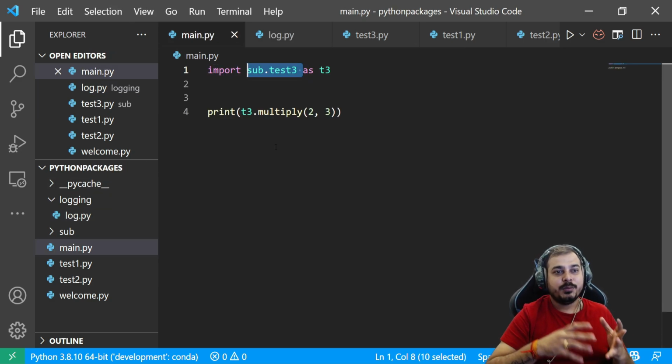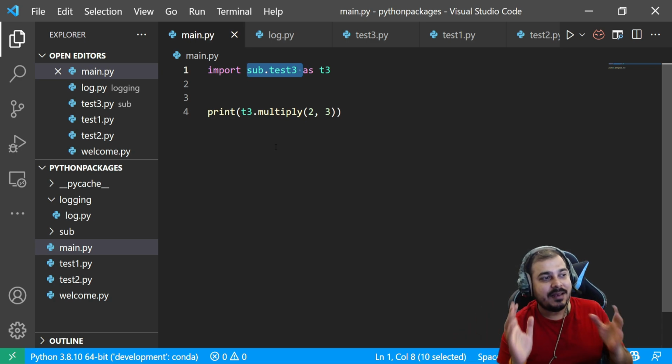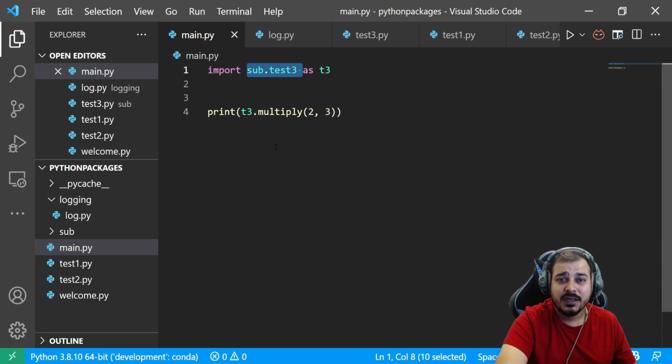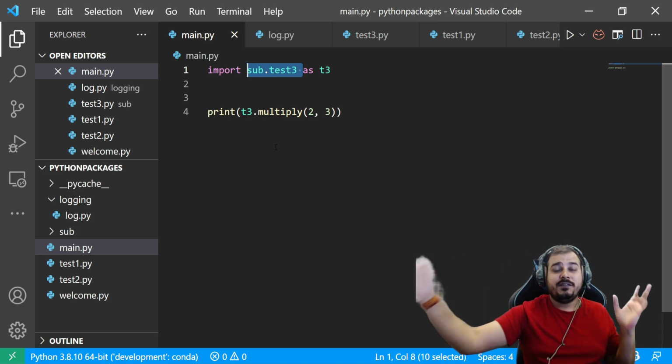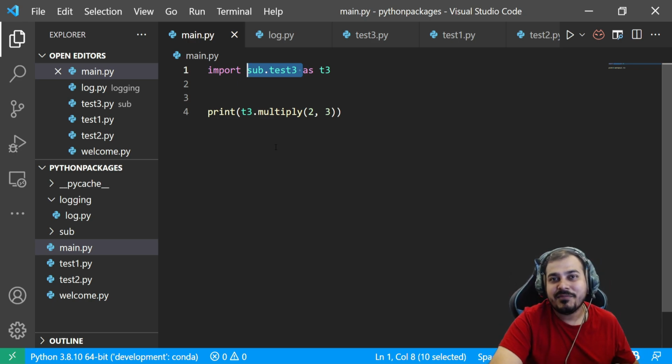So this was to showcase how many different ways there are to import your files and custom modules. In the upcoming video, just tell me whether you liked this video and whether it was helpful for understanding how to import different modules. In upcoming videos, I'll show you how to create a PyPI package and upload it to the PyPI website itself, so you can make your module available to everyone. All they have to do is install your library and start using it. I'll try to do that in the next video.